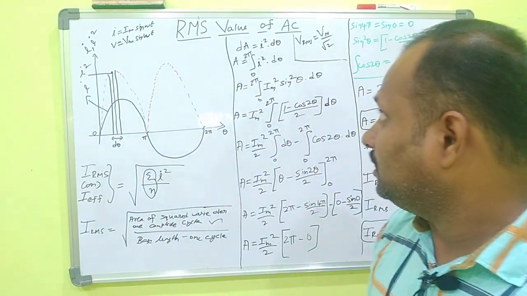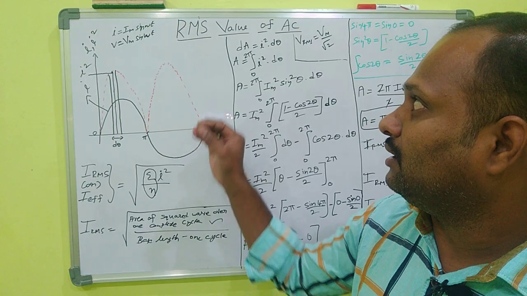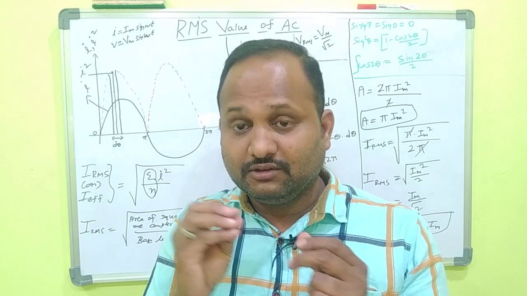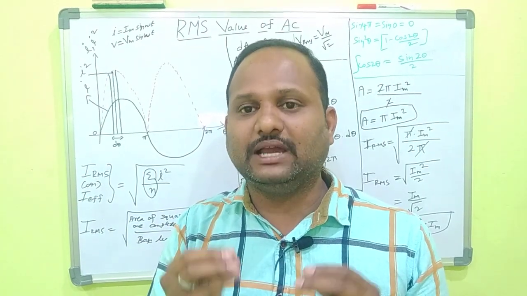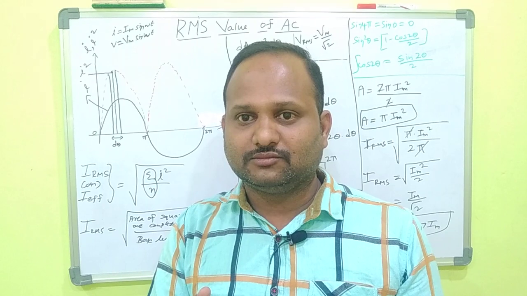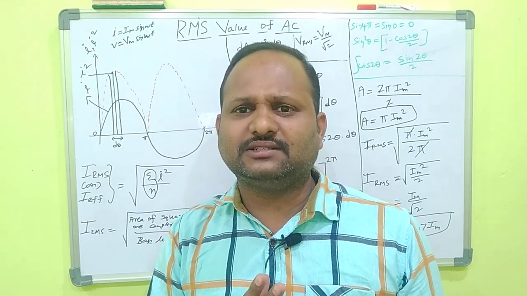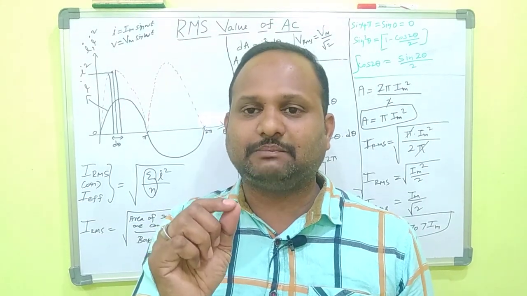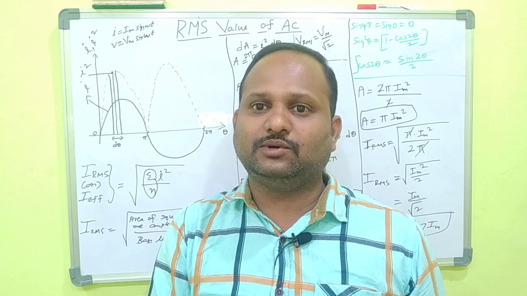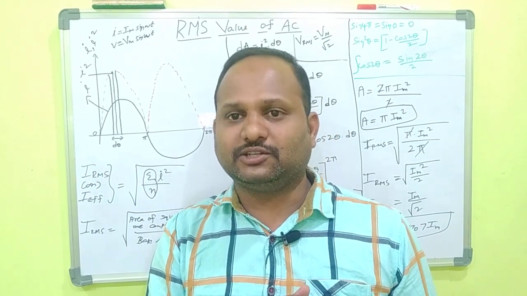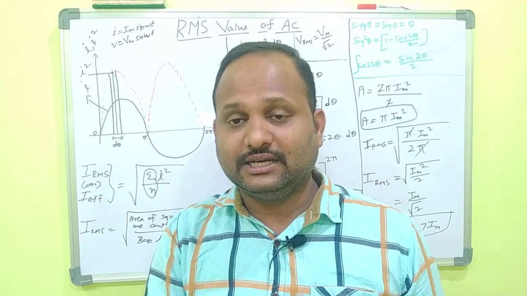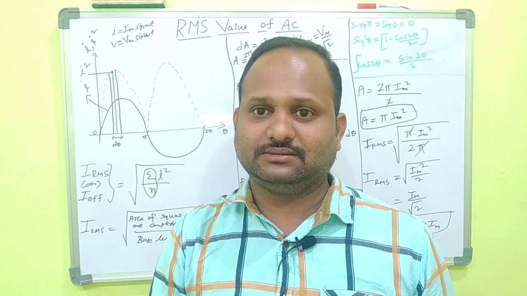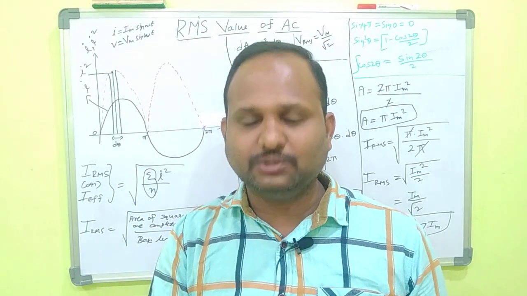I hope you understand the concept also. You write the definition of RMS in your exams, but first understand what the RMS value is and why we find the RMS value. In our household electrical circuits, most of the voltage is represented in RMS. What is the voltage given in our household electrical circuit? That is 220 or 230 volt. That 230 volt is RMS voltage. So 230 volt RMS is supplied in our household electrical circuits.